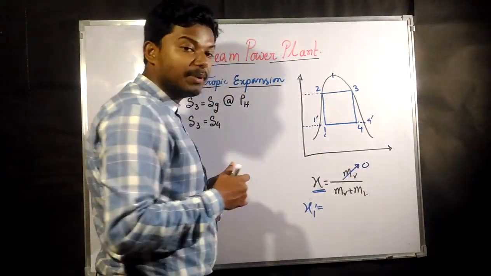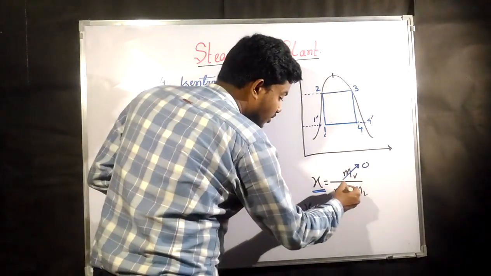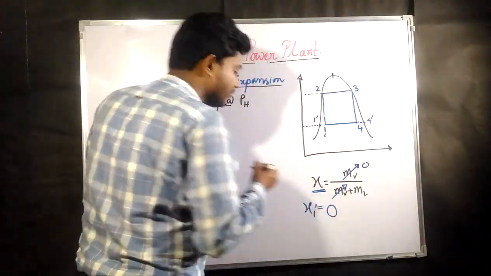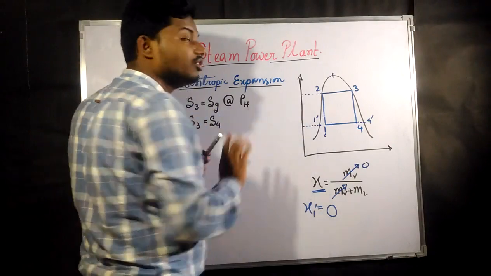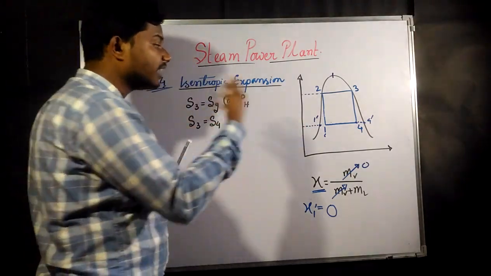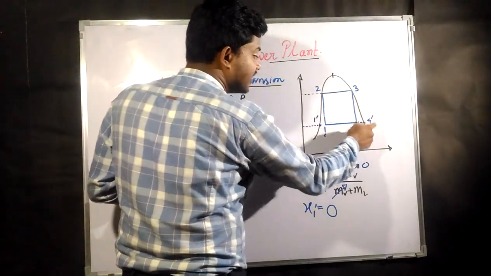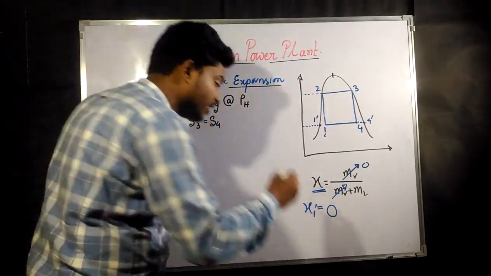The mass of vapor is going to be 0. So the dryness fraction at this point is going to be 0. Now if you want to find the dryness fraction at the point 4 dash,